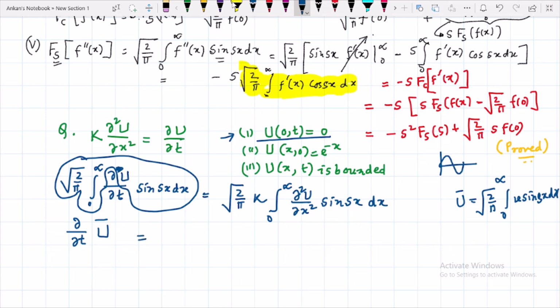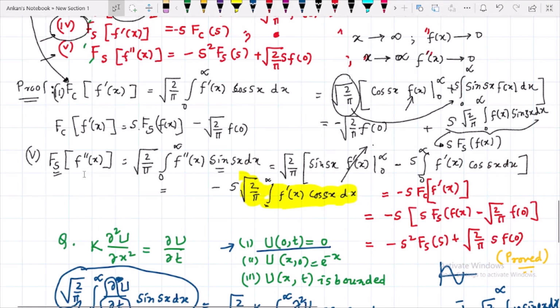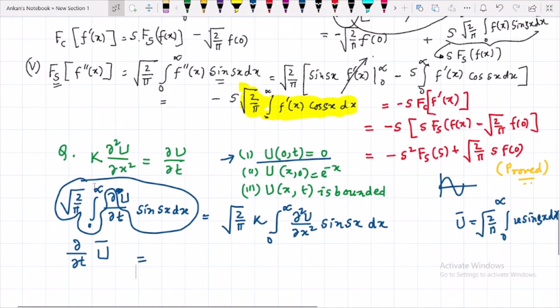So this is equal to, now in this case, this is not an independent function because this is also d/dx, this is also dx, so these are not independent. In case of ∂/∂t you can easily take it outside the integral, but you cannot do the same thing for this case. What you have to do is apply the formulas that I have already mentioned. So the Fourier sine transformation of the double derivative, this formula, the fifth one, what does it signify? Minus s square Fs,